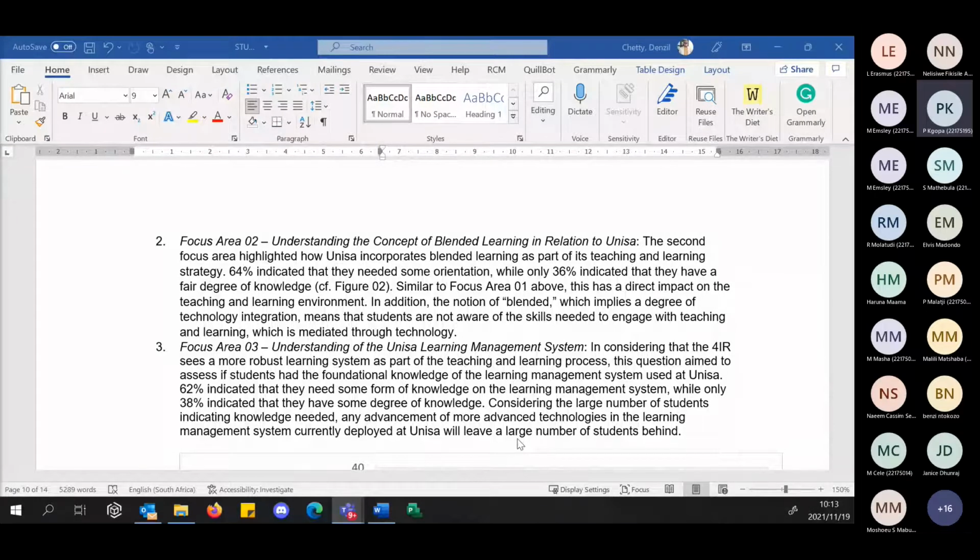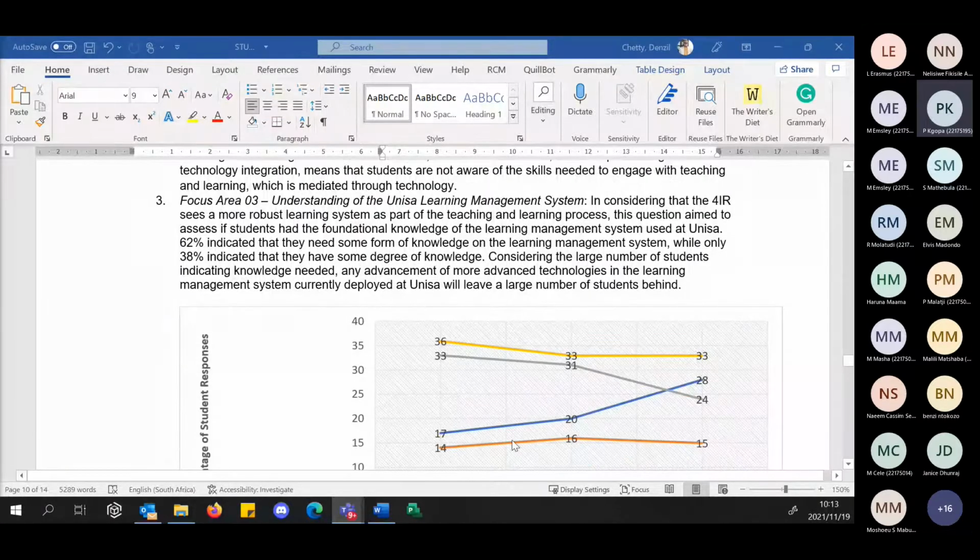What is remote learning? So these are issues that are critical for us when we start thinking of the broader innovation of providing student support in this area, right? And then the understanding of the UNISA learning management system. Now, this is quite critical for us, specifically thinking that all our institutions have now embraced some form of learning management system. And we know for a fact that as we are advancing these learning management systems, the 4IR is pushing more innovative, more advanced apps and third-party plugins, etc., as part of the learning management system. Now, with UNISA, we're moving towards Moodle, currently on Sakai, but we're moving towards Moodle, right?